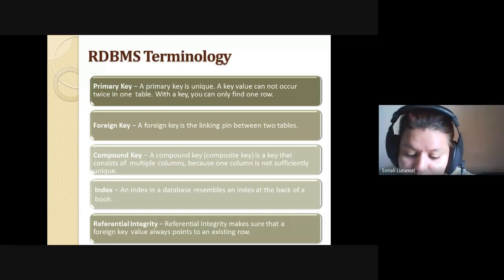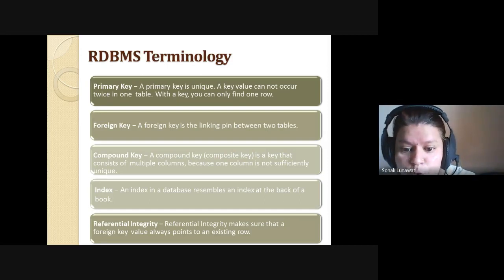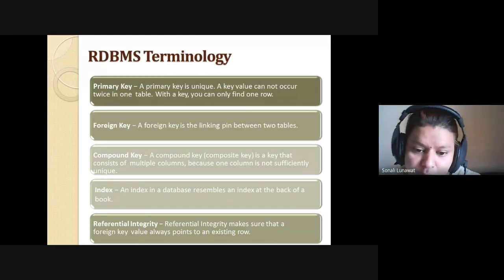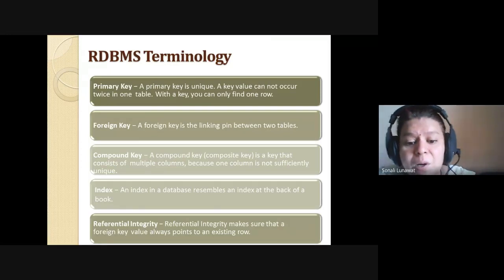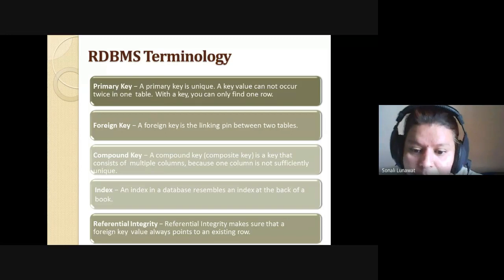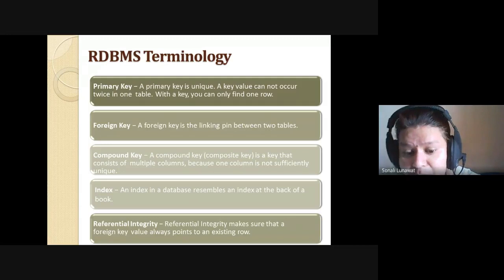If the table does not have indexes, it requires searching time. Suppose my table has 10,000 records and I want to search for the 10,000th record. In a normal database, it has to compare each value with the column till it gets the 10,000th record, meaning all 10,000 records are searched to get one value. But if you have applied an index, it will take only one time to get it and directly switch to the 10,000th record. So searching time is reduced by applying indexes. How to apply indexes, we'll be seeing practically.